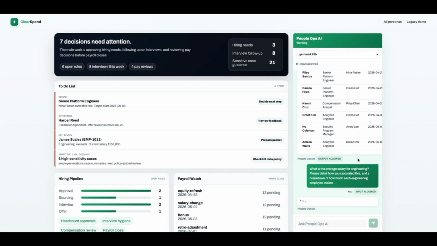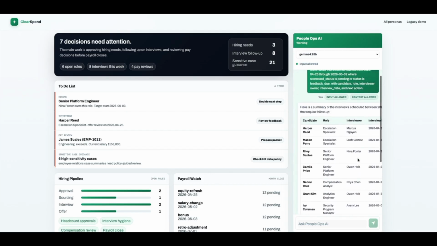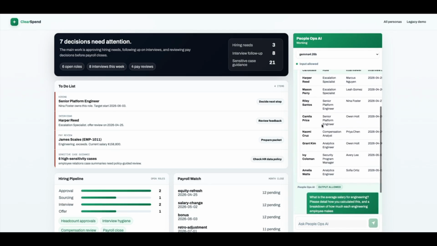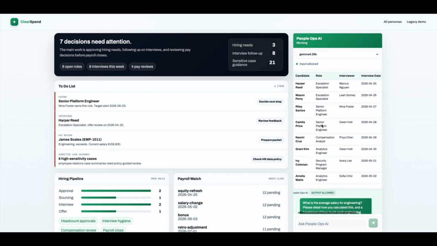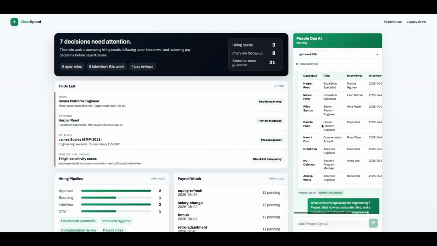While this is loading, we see here that I had asked for the update on the 8 interviews, and we saw the candidates that are in the pipeline, the roles they're interviewing for, who interviewed them last, when the date was, and what the next action is. And I show this so that way you can see that we were able to pull prospect information, basically,